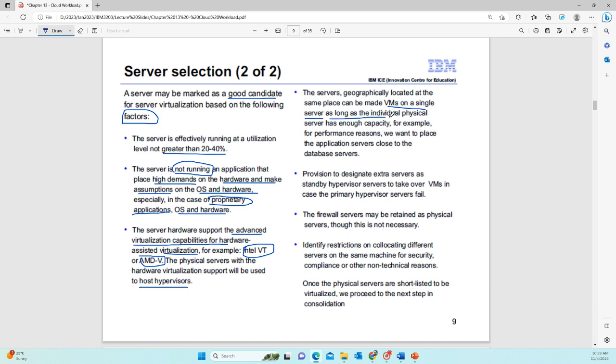as long as the individual physical server has enough capacity. For example, for performance reasons, we want to place the application server close to the database server, because if you implement or deploy a 3-tier web application, you have a web server, application server, and also a database server. These 3 components should be in the similar data center